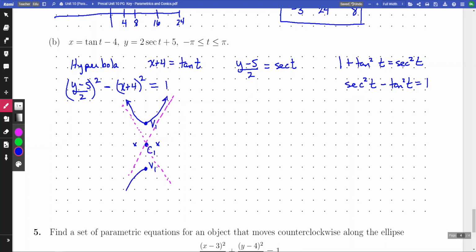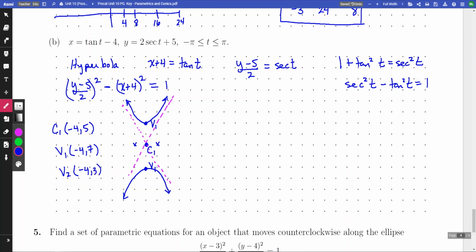Now, for this particular problem, we just ask you to graph. And we need to make sure that from our graph, we can tell the major information. So that would mean that our center is clearly identified. And that center is going to be -4, +5. Also that our vertices are clearly identified. So that's going to be vertex 1 going up 2 units. So that'd be -4, +7. And vertex 2 going down 2 units, which would be, if we go down 2 units, that would be -4,